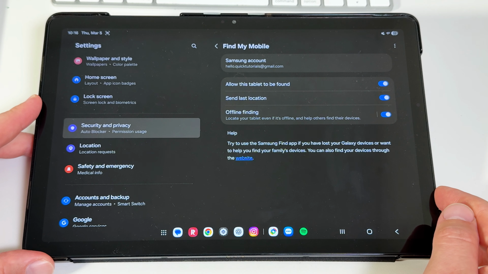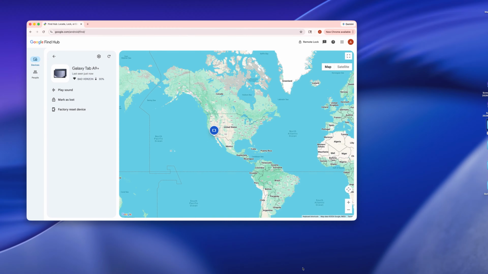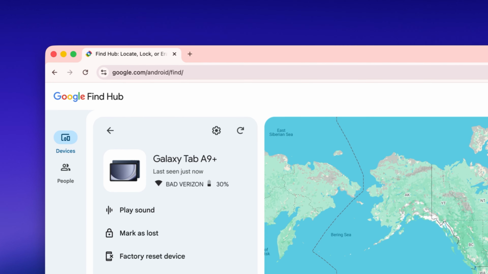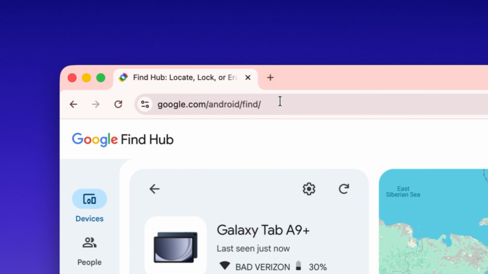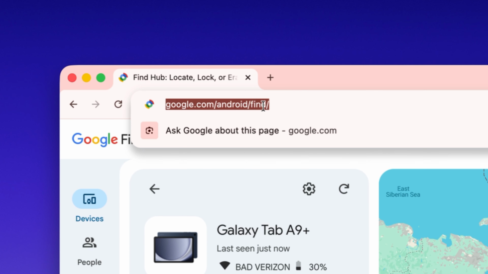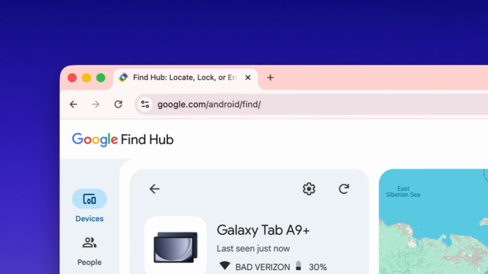If you've lost your tablet, you can then track it either by Google's tracker or Samsung's own system. They both have mobile apps for this, but you can also do this directly through a web browser on any device. Doesn't matter whether that's a phone, computer, or another tablet. To use Google's tracker, you'll go to